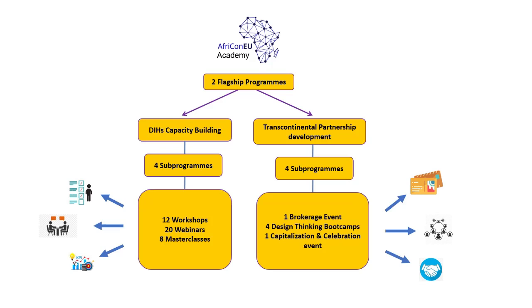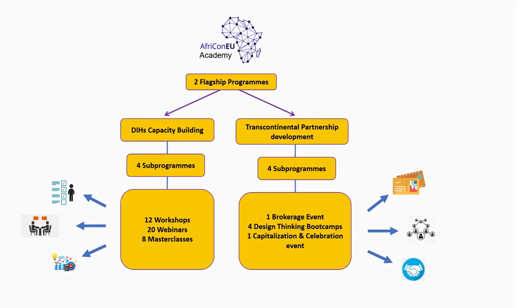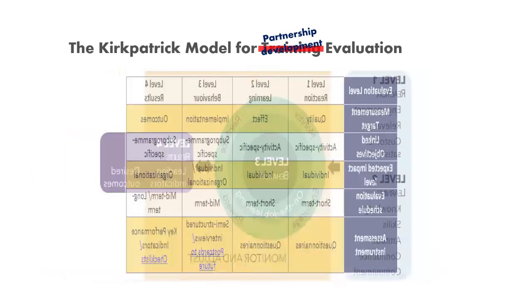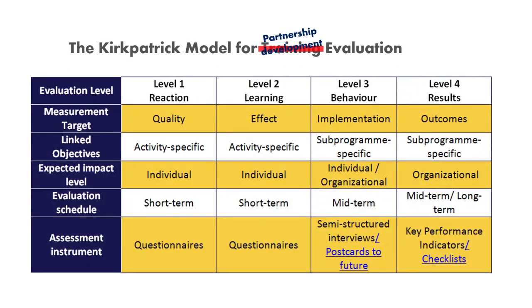Let's start by explaining our overall approach for evaluating the AfriConEU Academy. The approach we adopted for evaluating the capacity building program is based on the Kirkpatrick model of evaluation, which is tailored for assessing the impact of training programs. Also, with some modifications, the Kirkpatrick approach was adopted and became relevant for the partnership development program too. The model distinguishes 4 levels of evaluation, which are used to capture the quality, effects, implementation, and overall outcomes of